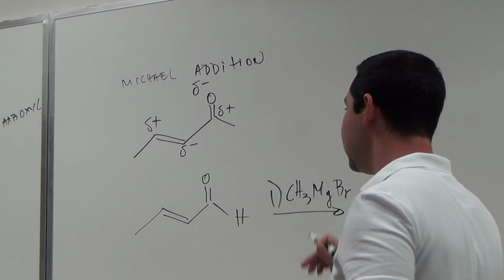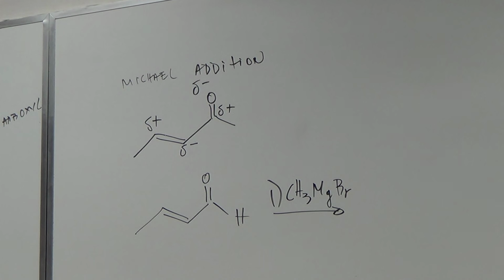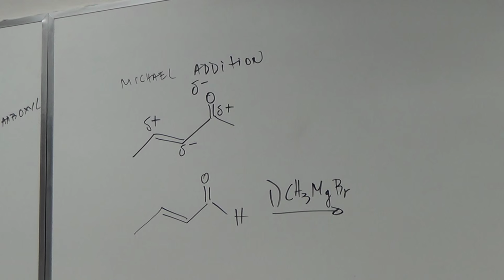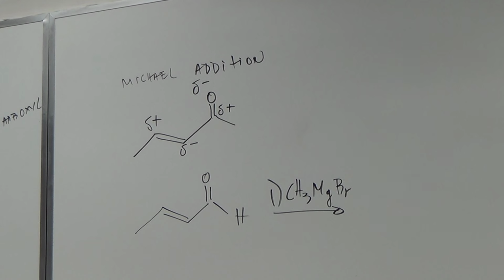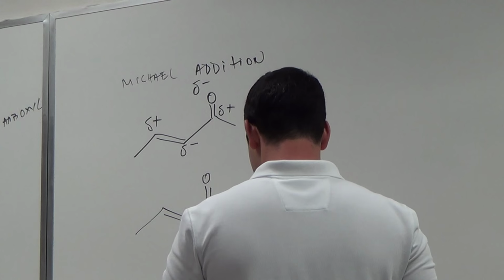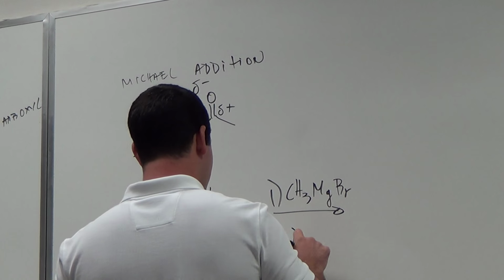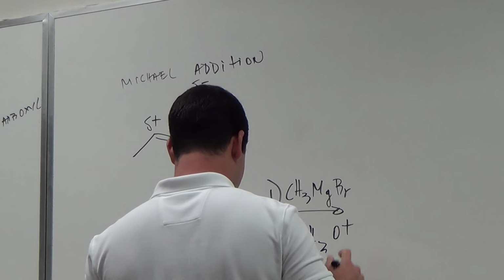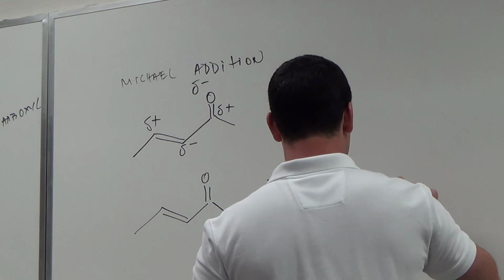So, what is that? What's that called? Is that a dialkyl cuprate? It's not, right? It doesn't have copper in it. What's that called? Grignard. Okay. And we are going to do Grignard and then H3O+. And what that is going to give us is